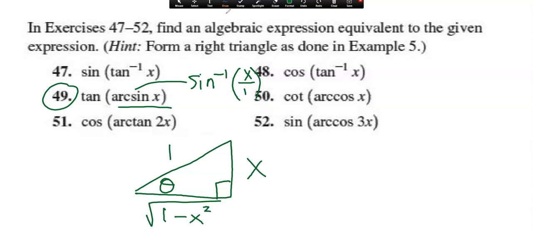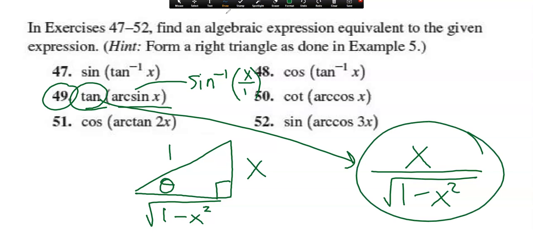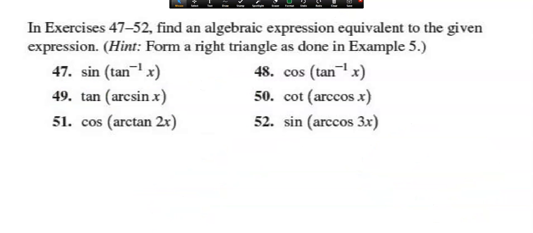I know. And question 49 asks me for the tangent. Tangent would be opposite over, yeah, the adjacent side. Once you build the triangle, it really won't be that bad. Okay, any more 4.7 questions before we move on? Now's your time to ask a 4.7 question. I mean, I'm taking questions all day tomorrow too, so, but